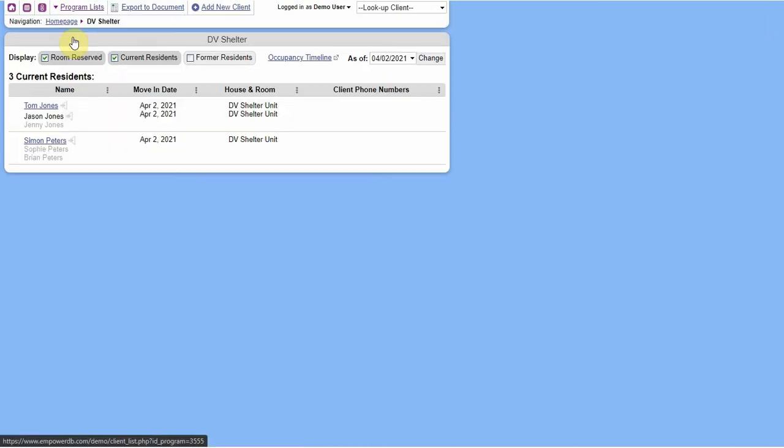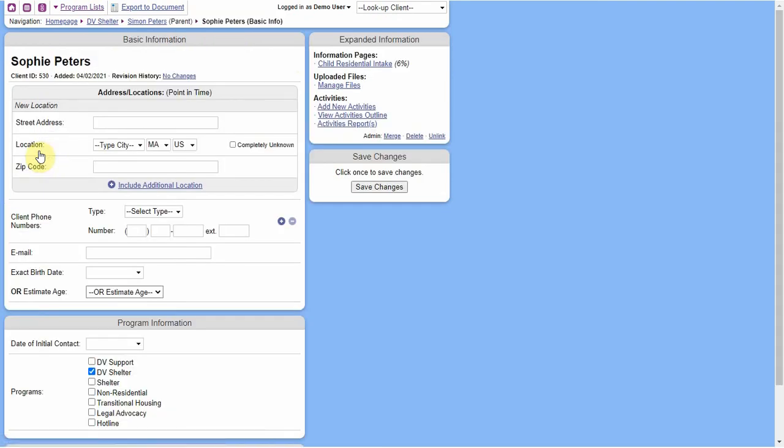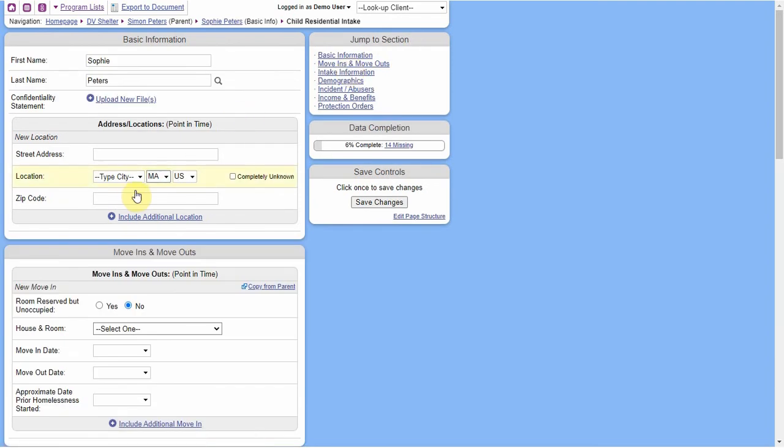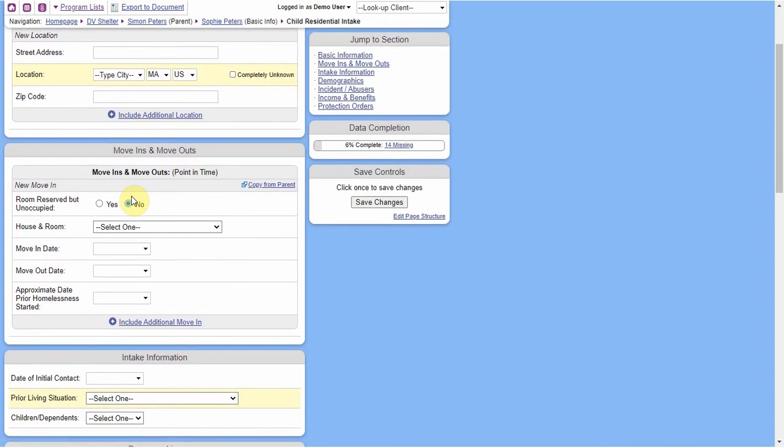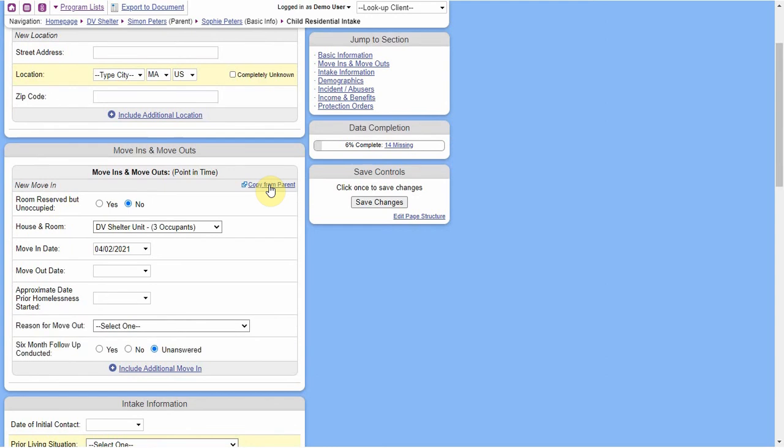Okay, so when we look on our DV shelter program, Simon, the dad, has his move-in date and the room that he's staying in completed. Sophie and Brian do not have that information completed at the moment because this has to be completed in their individual record. So if I click on Sophie's name, and then I go and complete the child residential intake form, which is the intake form that I use for my children in a residential program, I can just copy the move-in information from her dad, click Save Changes here,